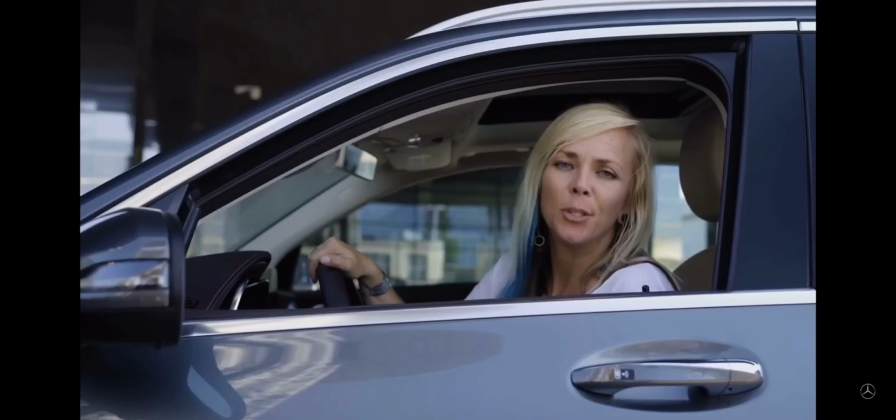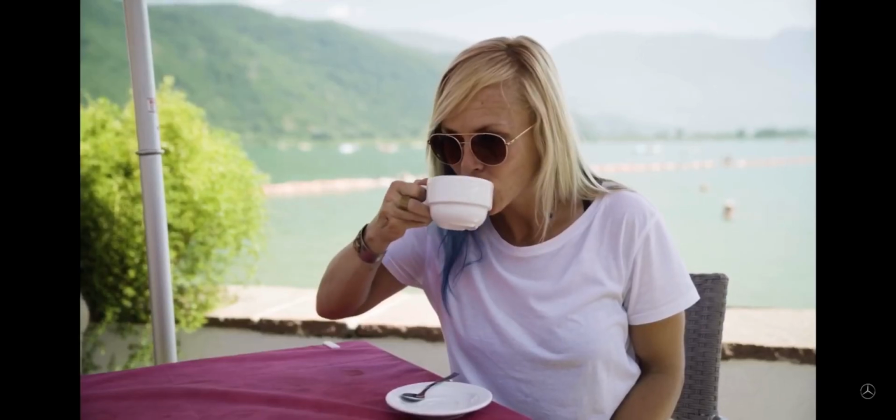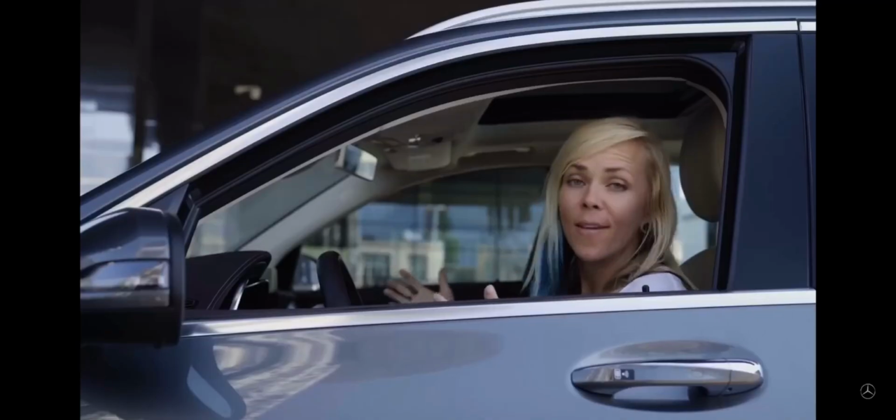stainless steel. By the way, there are a few things that you should never do when you're in Italy. Never forget your sunglasses, eating spaghetti with a knife, ordering cappuccino after noon, and take a car that does not